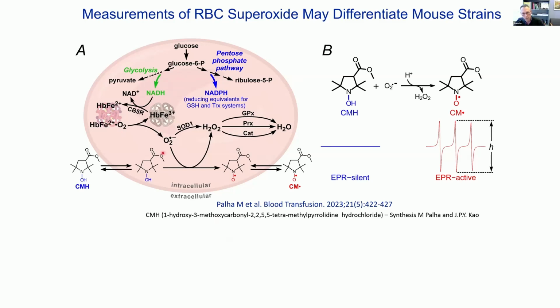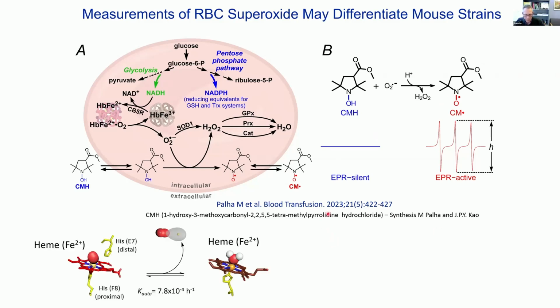Obviously, this process leads to superoxide as iron 2+ or oxyhemoglobin oxidizes to methemoglobin and then forms superoxide, and this can be measured essentially using, in this case, CMH. CMH then can be detected after reaction with superoxide to identify the nitroxide here, which then essentially, we can identify the production of superoxide within the red cell, which is actually, it's important to identify this, I think, because